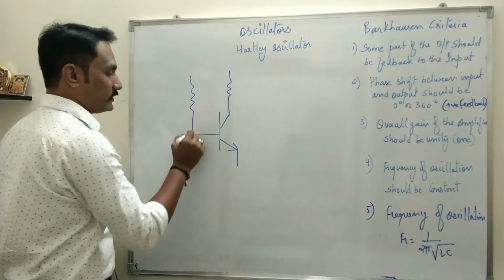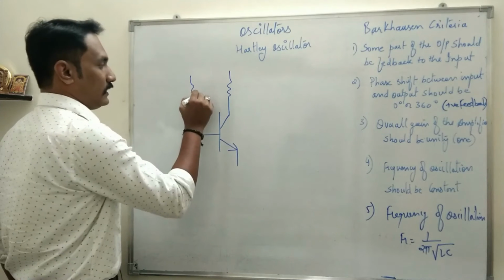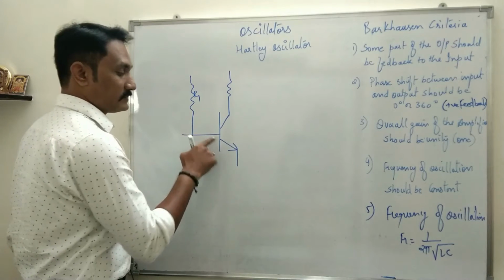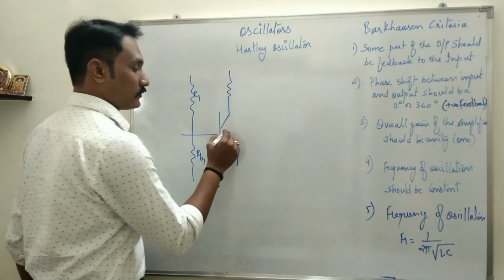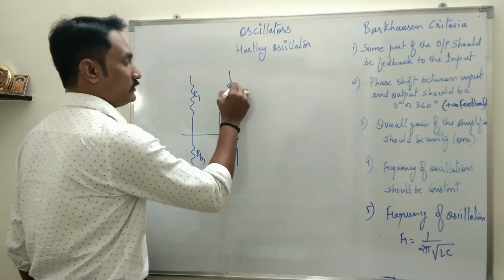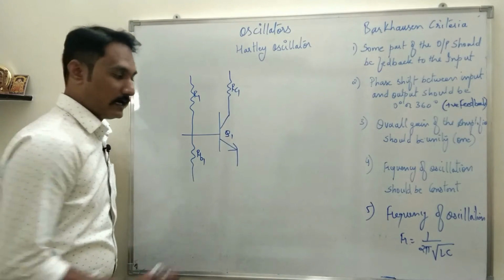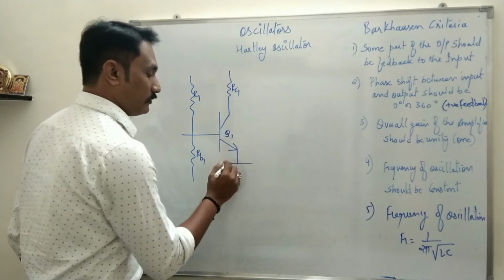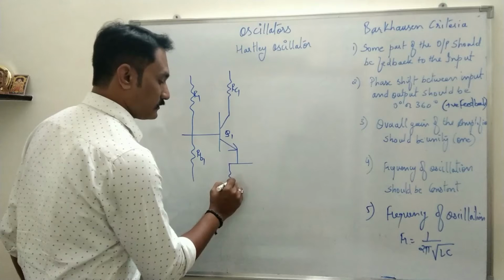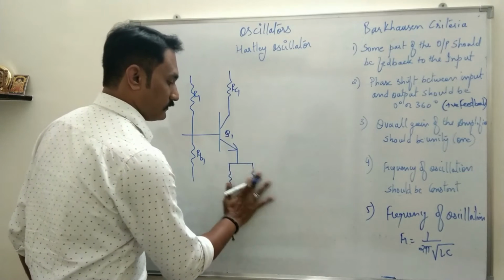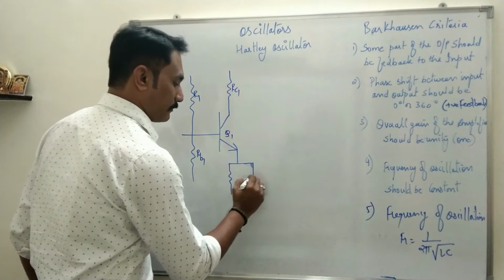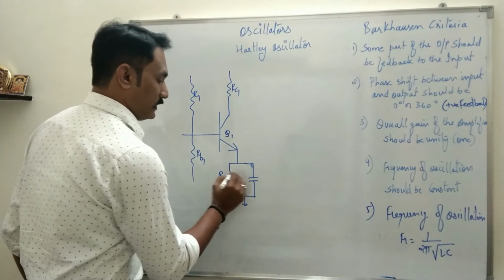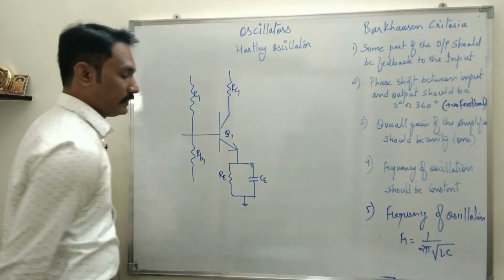Okay, I will call that resistance R1, RB1, the base resistance, which will make sure that the base-emitter junction of the transistor is always forward biased. Let's say the transistor is Q1, then the collector resistance is RC1. And to keep the operating point stable for a transistor, we connect a resistance and a capacitor through the emitter. So this is your emitter resistance, this is your collector resistance.